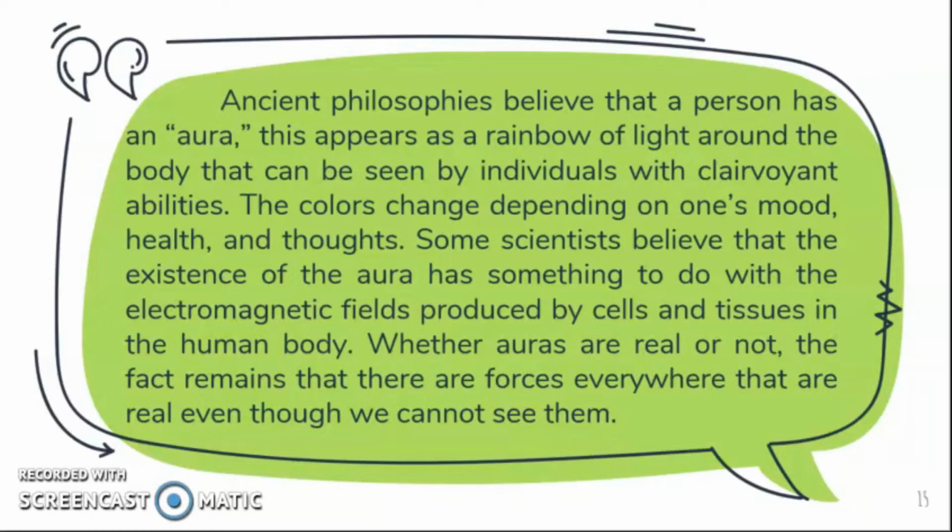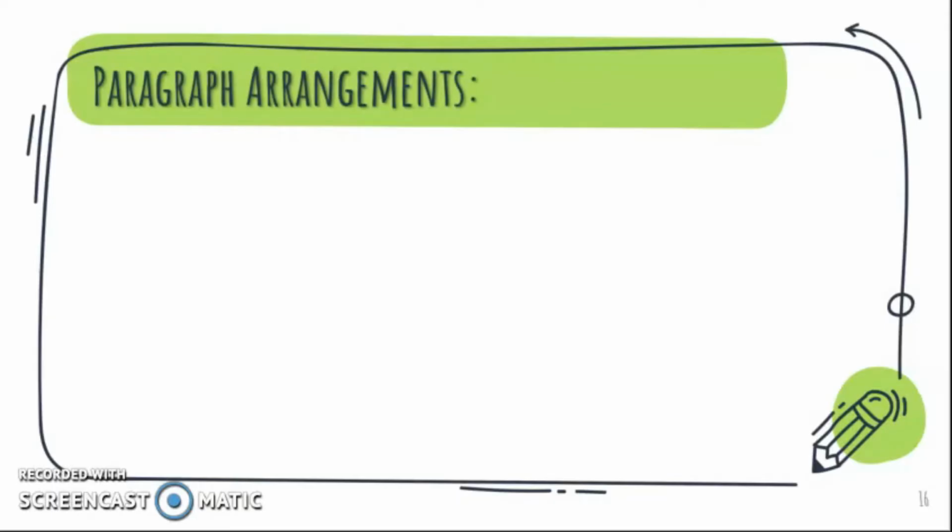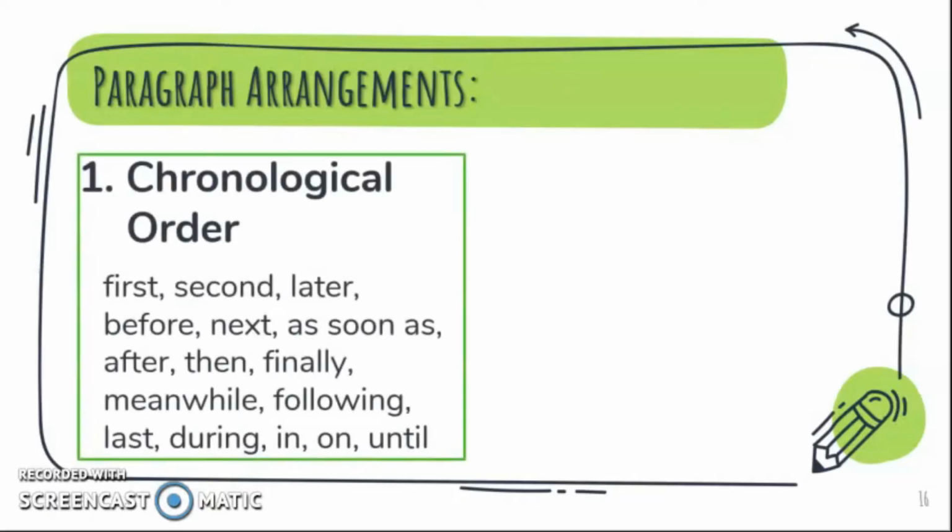Therefore, we can say that text organization makes a text easy to read. It prevents the reader from becoming confused by a jumble of words, sentences, and paragraphs that are in no particular order. In writing a text, you may check the following paragraph arrangements and the words which are useful in securing each of them. We have chronological order,